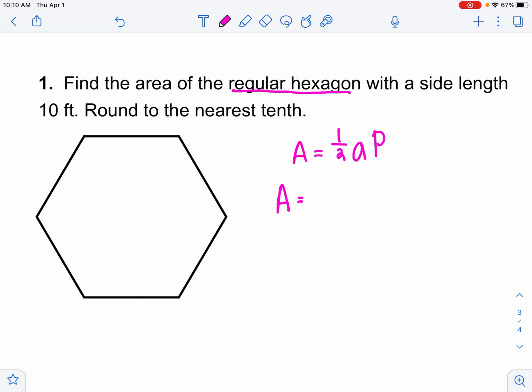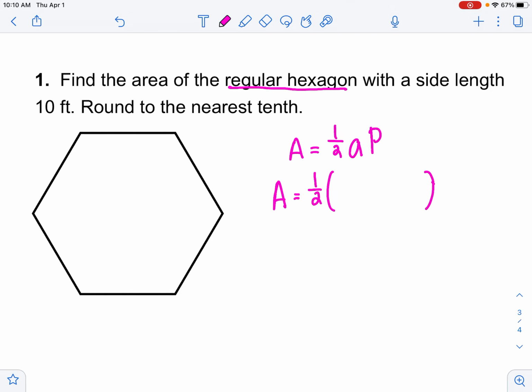What I like to do is say, okay, I need 1/2 times the apothem. And I say, was I given the apothem? No, it says side length 10 feet, so I'm going to leave a space for it. And if I need to make that space bigger, I can. Then I say, was I given the perimeter? Technically, I was not given the perimeter. I was given the side length, but I can quickly figure out the perimeter,